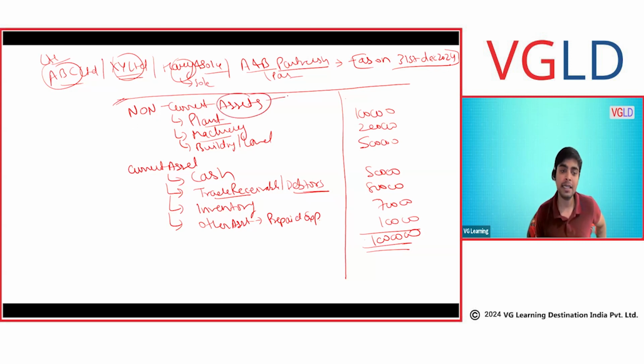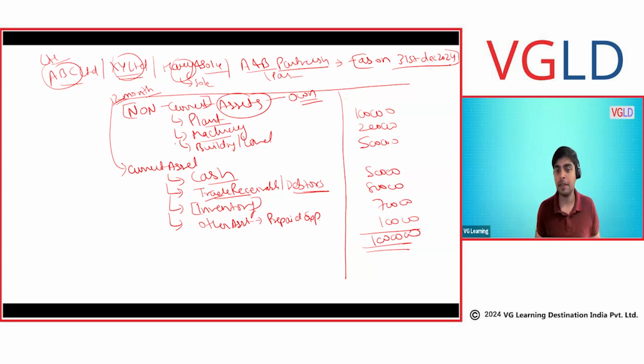What are assets? Basically, what you own. Let's say my property, my laptop, my system, my phone. These represent assets. Now it can be categorized as current or non-current. What is non-current? Basically any asset lasting for more than 12 months. Any asset not lasting more than 12 months will be a current asset. Now, how do we categorize that? Many of you can question, like, cash can be with us for a longer period. What is trade receivable? What do you mean by inventory? We'll discuss them in the upcoming chapter one by one.